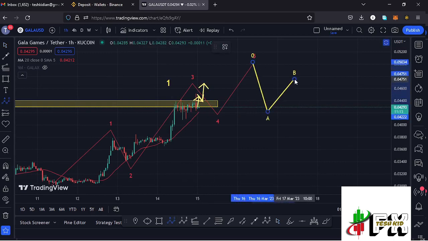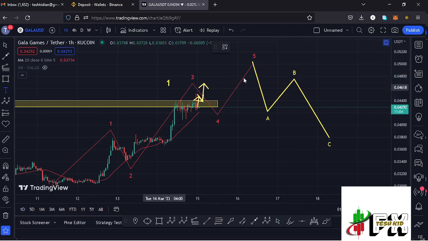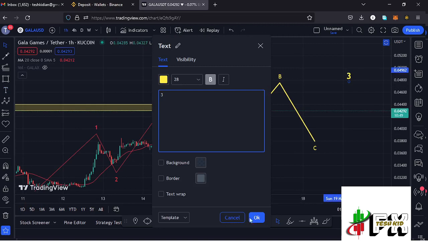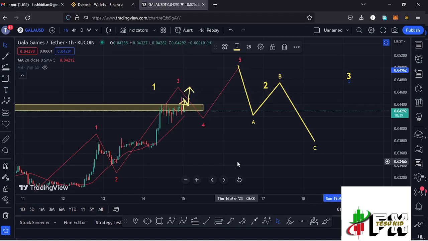So the moment we peak in the formation of that wave 1, then I'll be expecting a corrective structure in that wave 2. That is this ABC corrective structure, fully maximizing the formation of a second wave to the lower side. And that would be another perfect entry to get back into Gala Games in the formation of this wave 2 to be able to ride another massive bounce to the upside in the formation of that wave 3. So that is the roadmap that I'm expecting Gala Games to continue unfolding over here.